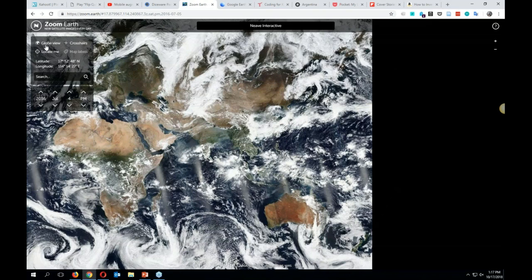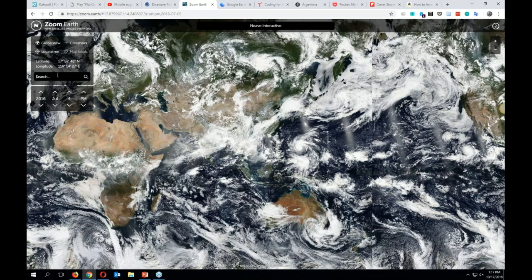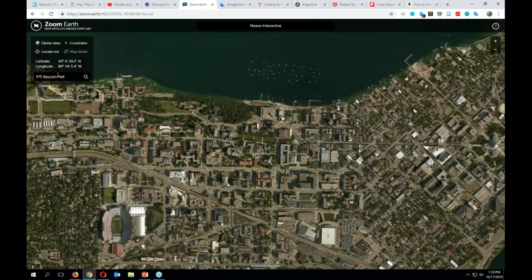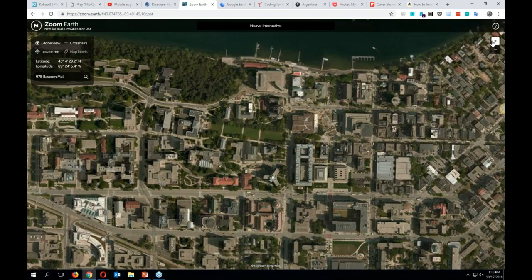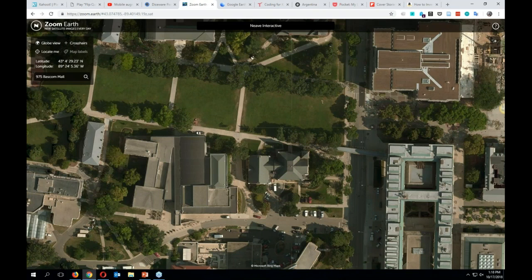So you can jump back to map view here and you can search for, let's just search for where I'm at right here. I think this should pull it. Let's see if we can find it here. Yep. So there I am right there. I'm hanging out in that building right there, and I can zoom in a little bit more if I want to too. So a pretty quick, pretty amazing mapping tool called Zoom Earth.